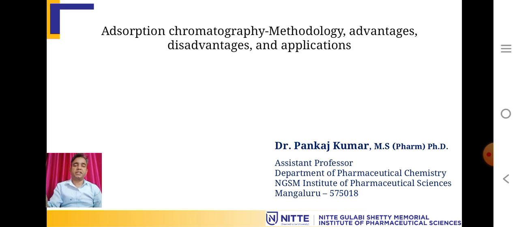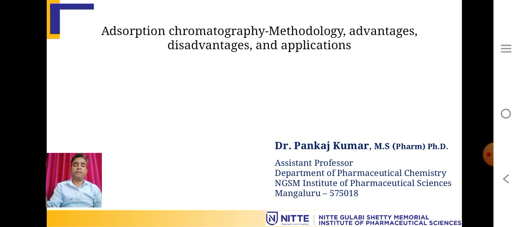With this regard, this unit on adsorption chromatography, methodology, advantages and disadvantages contains four different chapters, which include paper chromatography, column chromatography, TLC and electrophoresis. In this unit we will see all the chapters individually, but here we are going to learn about